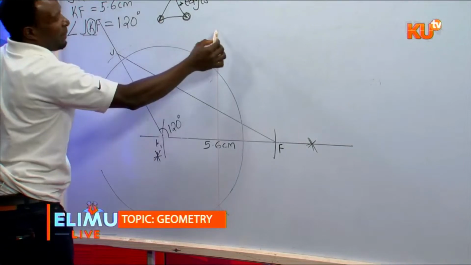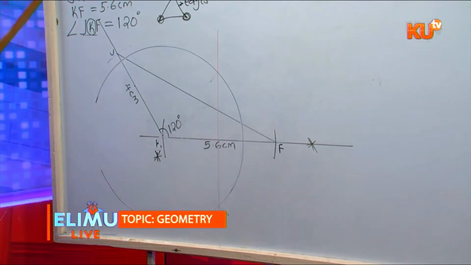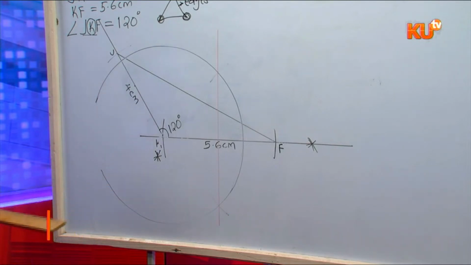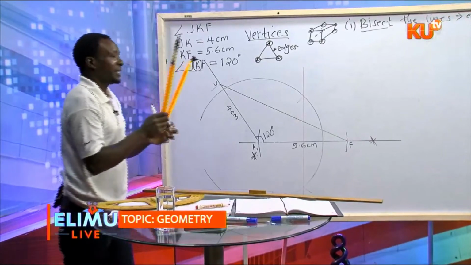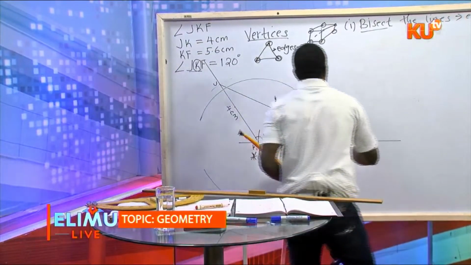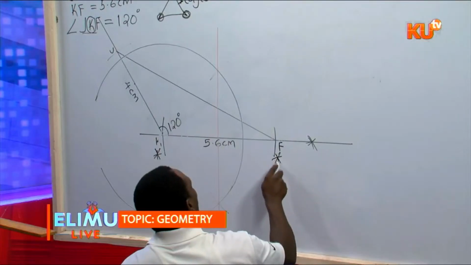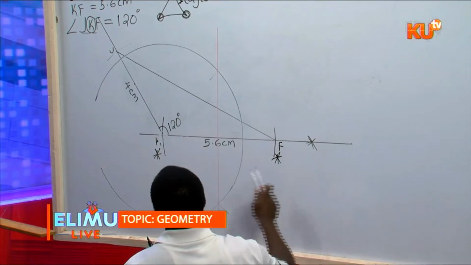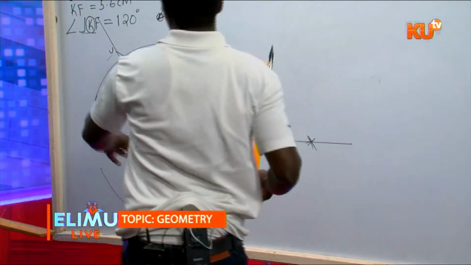Okay. Now I have my perpendicular bisector. I hope you have not yet changed the measurement of your compass. And here you have used this part, so put a star. You won't come back to this part again. After that, you have not touched